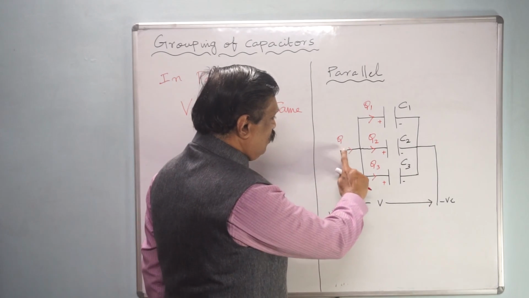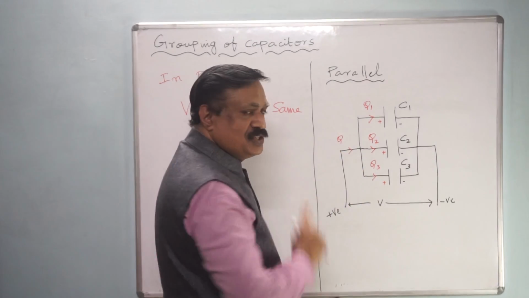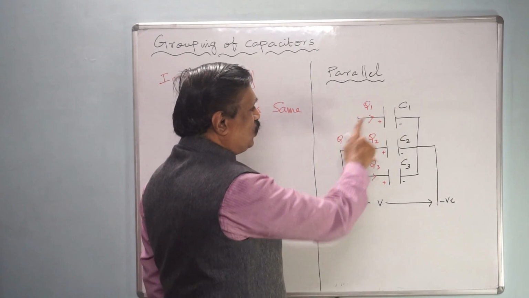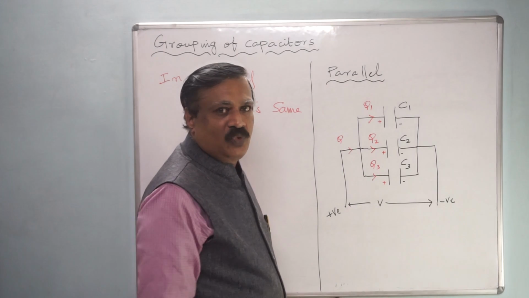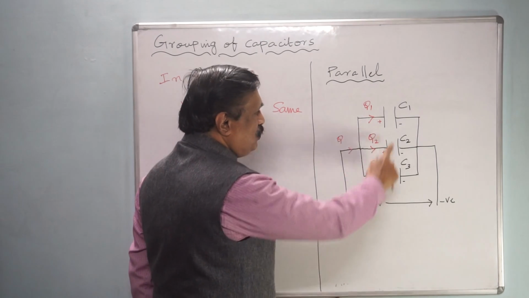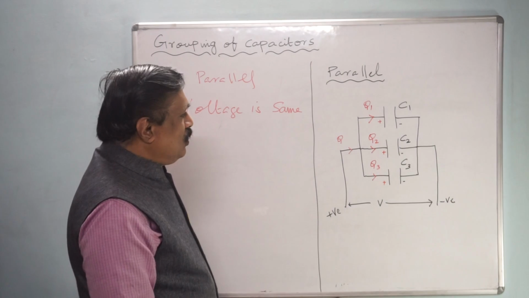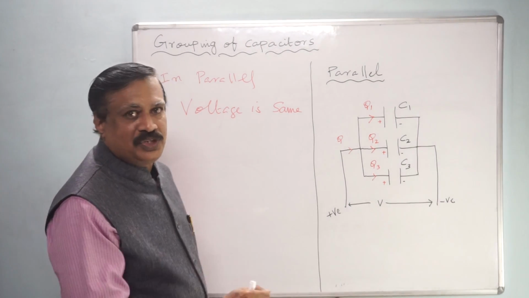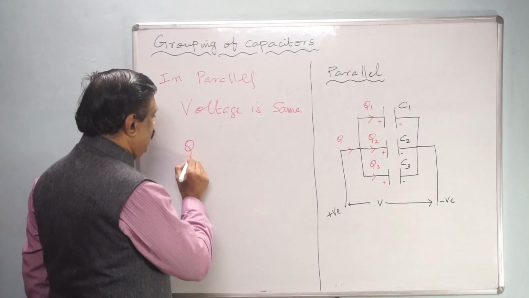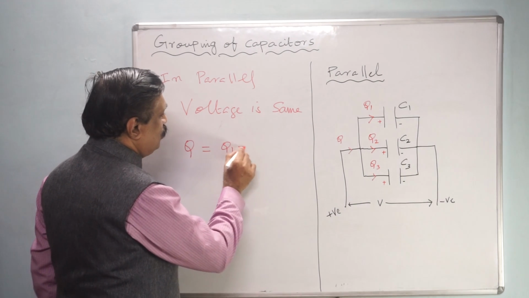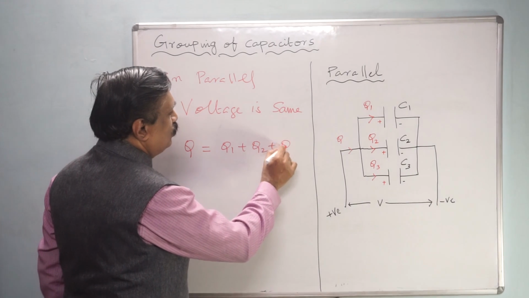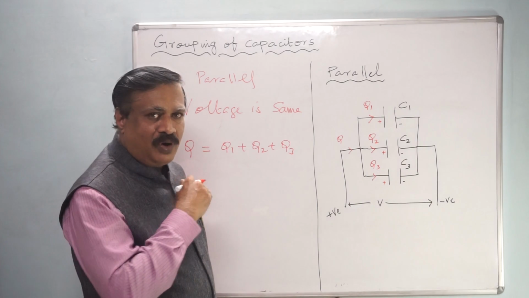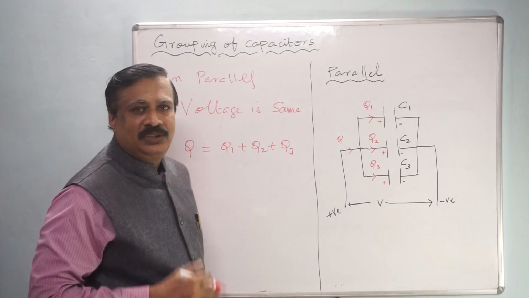You are giving voltage to this. Okay, and this charge Q enters and it is dividing into Q1, Q2, Q3. Here these are all positive and these are all negative. Now your first equation should be which is dividing. Charge is dividing. Therefore, you write charge Q equal to Q1 plus Q2 plus Q3. That means the total of all these charges equal to the charge supplied.